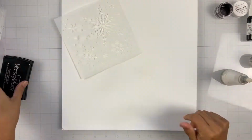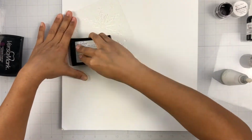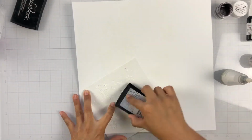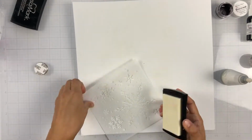So what I'm doing right now is I've prepped a piece of white cardstock with some gesso, and then I'm going to take the stencil and I'm going to push my Versamark ink pad through the stencil to do a little bit of embossing. Now, I got some new embossing powders from a scrapbook garage sale that I went to,